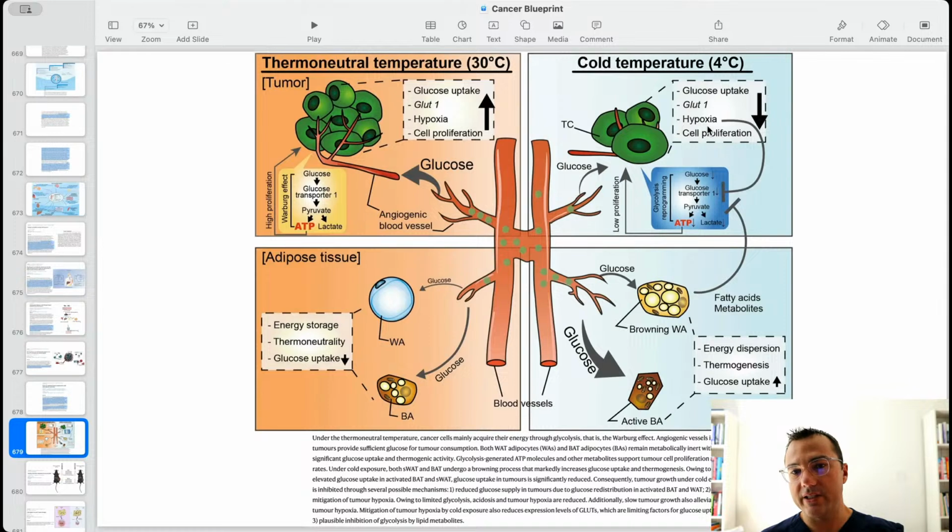We see a decrease in tissue hypoxia, and we see a decrease in cellular proliferation within these cancer cells. We also see a decrease in glucose uptake and pyruvate and lactate and ATP within the tumor cells. We see fatty acids being metabolized, okay? So the white fat, the quote unquote bad fat, is being browned. Okay, they're increasing the amount of mitochondrial number and function, and those browning fat are actually increasing more glucose to